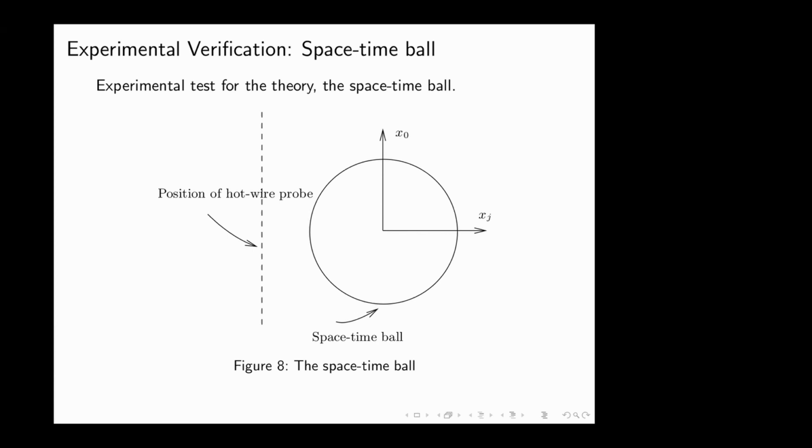inflate it. So here in our space-time diagram, where x0, time, is vertical, at the very bottom is where we start inflating the balloon, to where it crosses the xj axis, and then we start to deflate it again in such a way that in space-time it gives you this space-time ball. Then we can position a hot wire probe and work out what the velocity is and the velocity change. And then from the boundary element method that we get for the velocity, we can get a velocity numerically, and then we can see if they're the same. So that's one way of verifying the